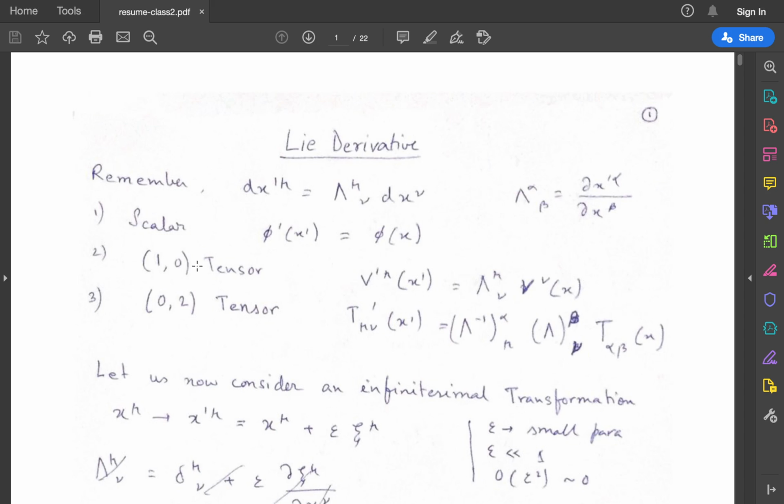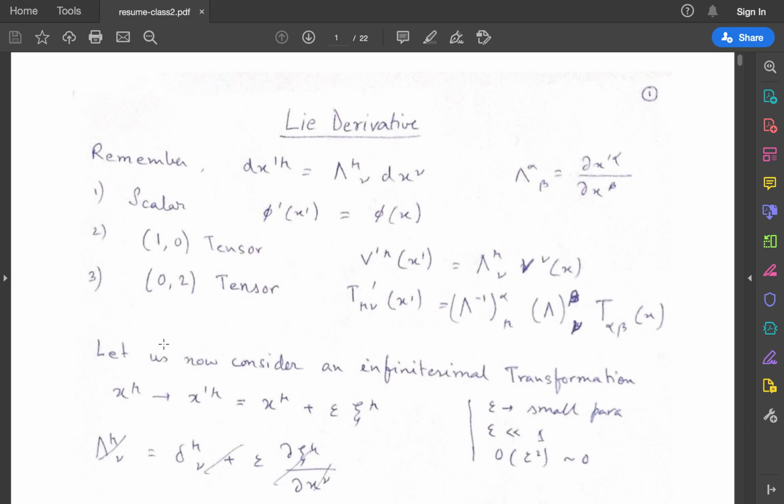This way you can define not only the 1 0 tensors but all tensors of different ranks. Okay, having reviewed this, let us now